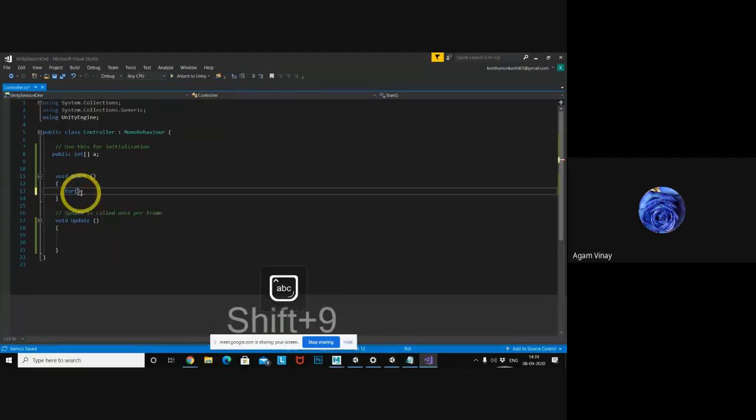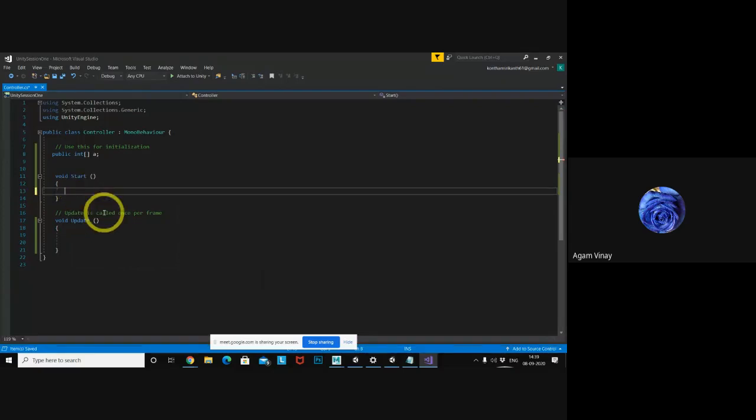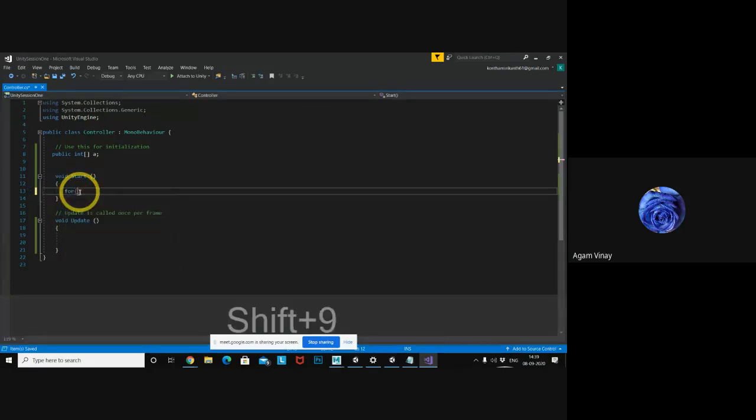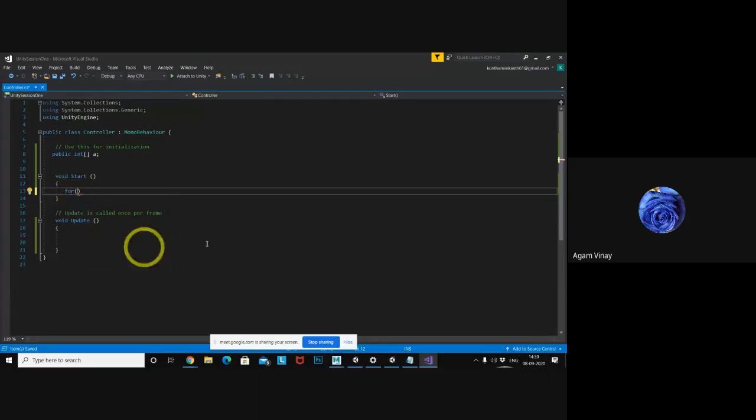For you already know, for is nothing but the loop of statements if you want to execute at one time. So we will use for. The declaration and initialization should be like this. First is initialization: where to start?